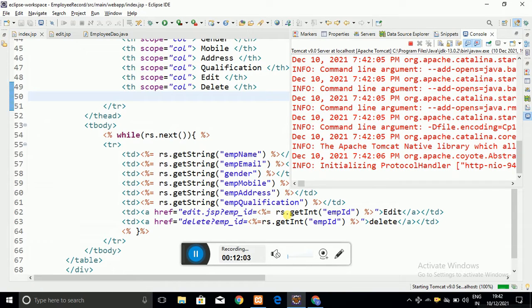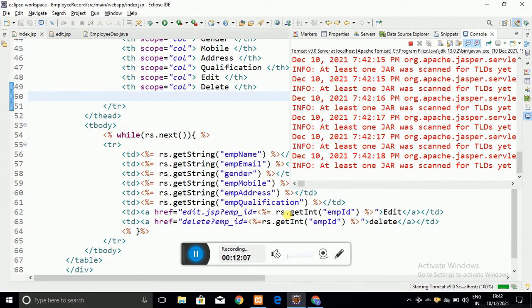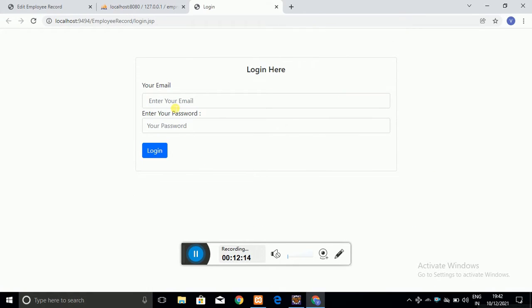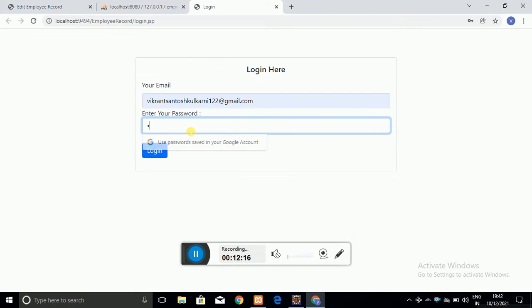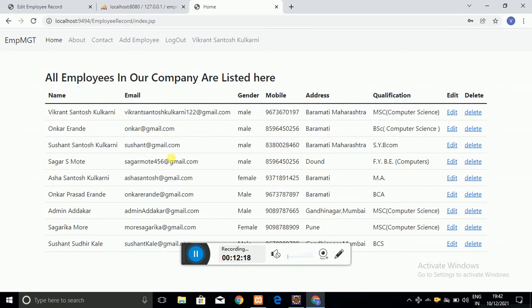It takes some time to run, because we have made a lot of changes in our code. You have to log in again here. Let me log into the system, and when I click on edit, as you can see, in the edit.jsp page you get the employee name here.